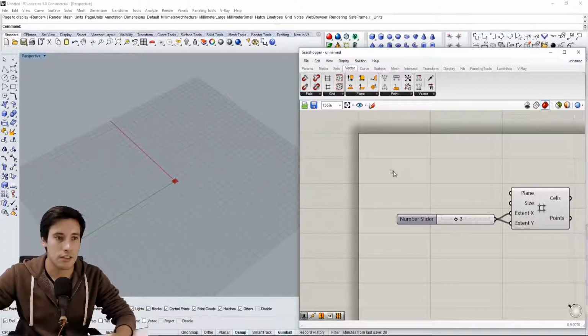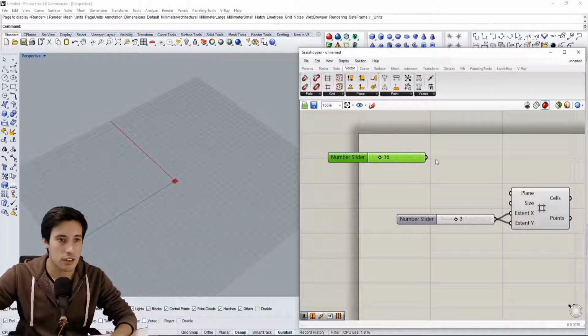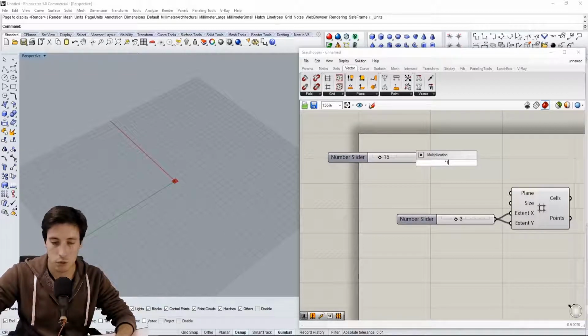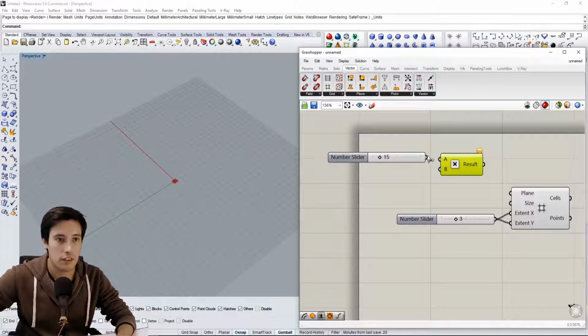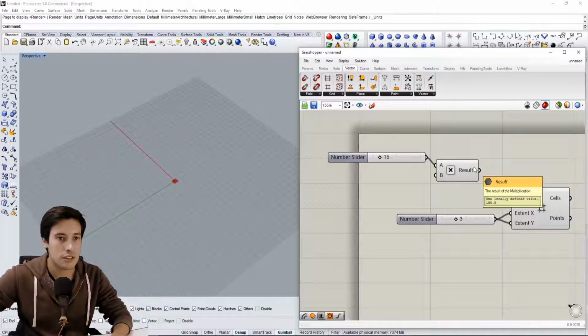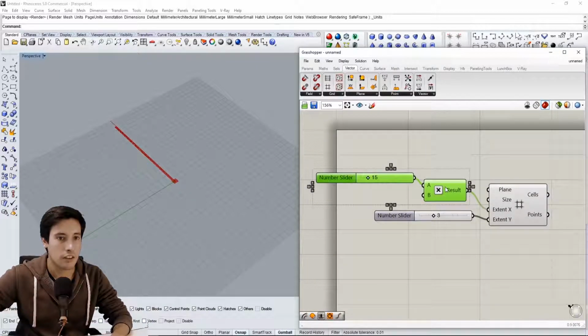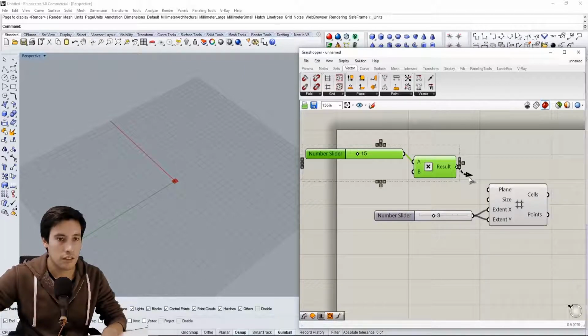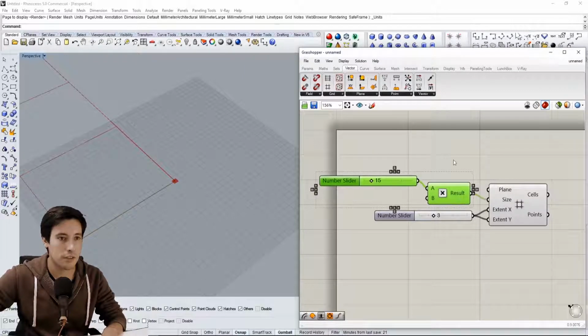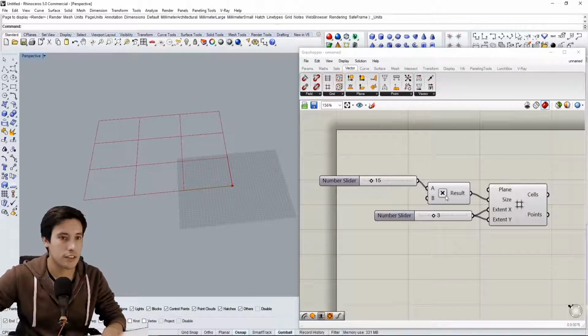Now let's go to size. I'm going to make it 15 feet in between, so I'm going to go to a slider of 15. But since this is in inches, I want it to be 15 feet. I can also double click and do times 12. So I'm converting 15 feet times 12, and that gives me 180 inches that I can plug into the size. And there we've created a grid that is 15 foot by 15 foot,